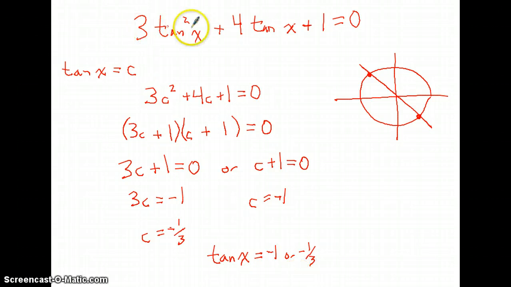So back to this beginning thing, if I want to solve this equation for every possible value of x that could ever make this true, I've already got two values of even what the tangent could be. Tangent could be negative 1, or tangent could be negative 1/3. If tangent is negative 1, then it might look like this. It might look like